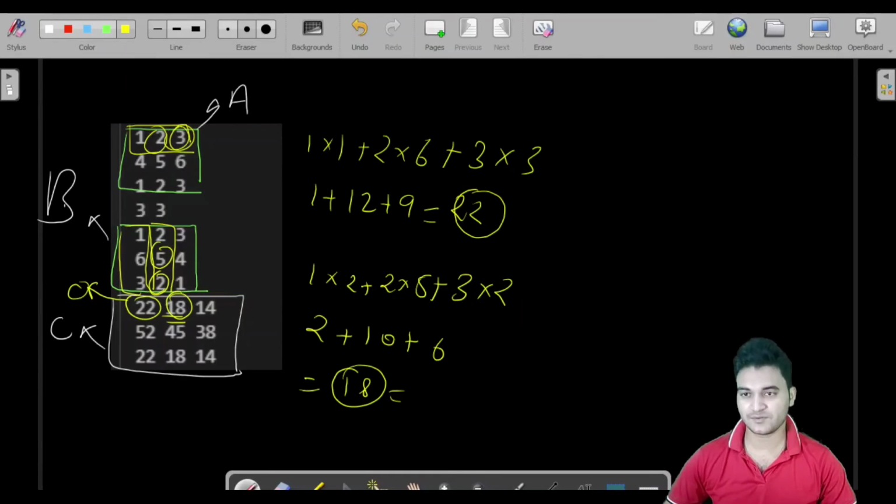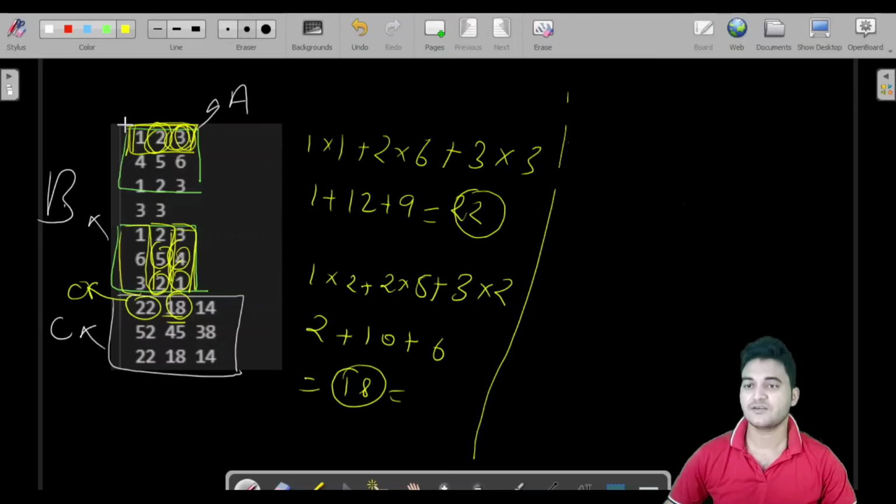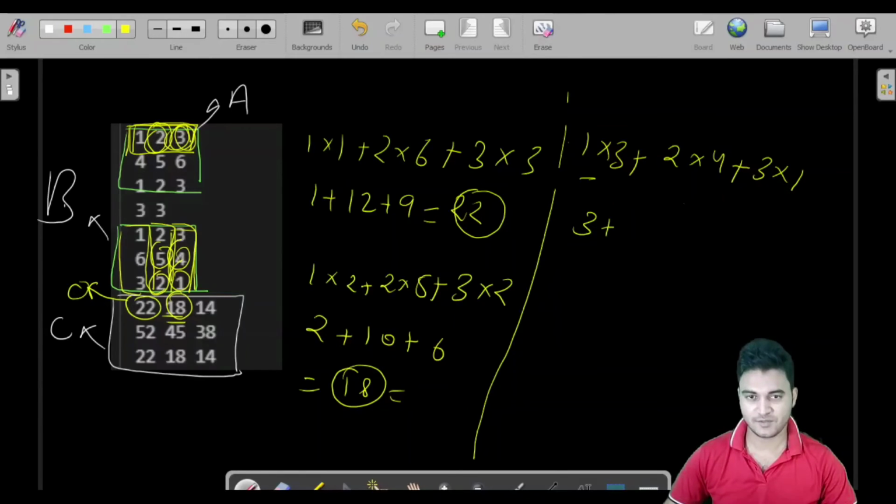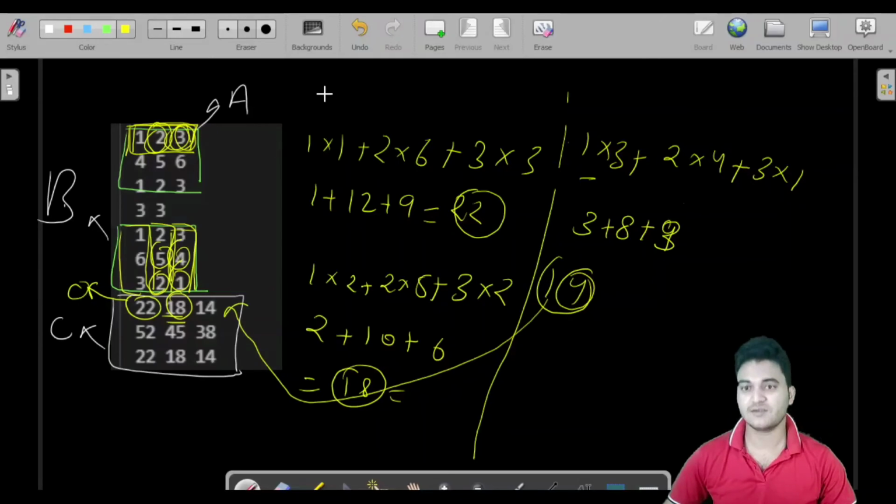Let us see one more. So this row with this column, see the difference again. So 1 into 3 plus 2 into 4 plus 3 into 1. So 1 into 3 is 3, plus 8 plus 3. So 3 plus 3 is 6 plus 8, which is 14. So you can see we are getting 14 as the answer. The same way we would be able to get all the values of this resultant array. So this was the